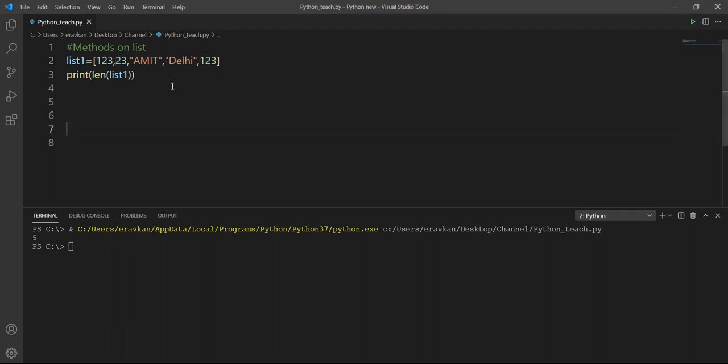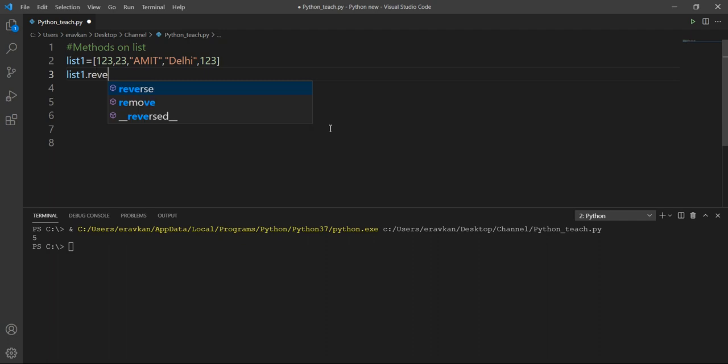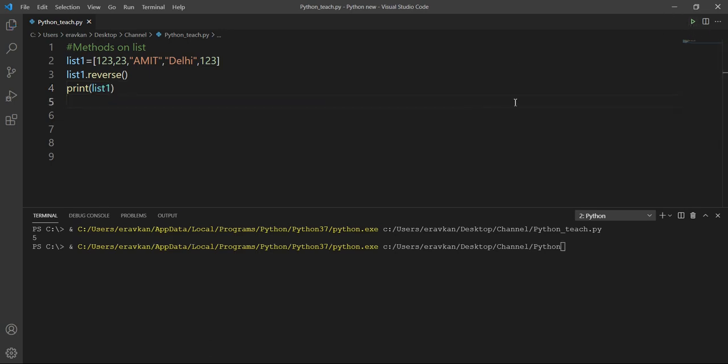Then we have the reverse method. By using the reverse method, I can reverse my list. Print list one. So now the reversed list will be printed. One second, what happened? List one dot reverse.